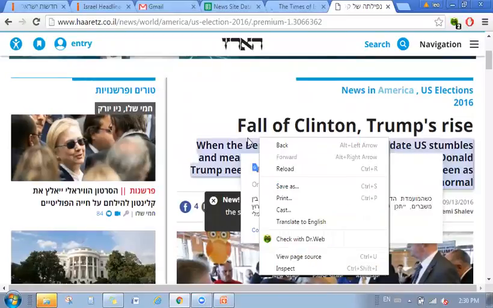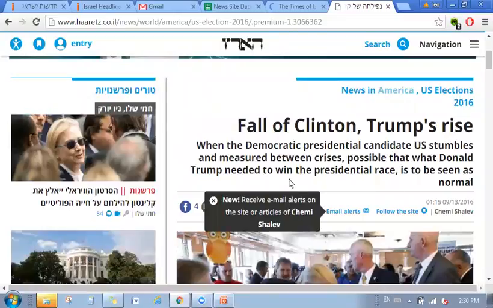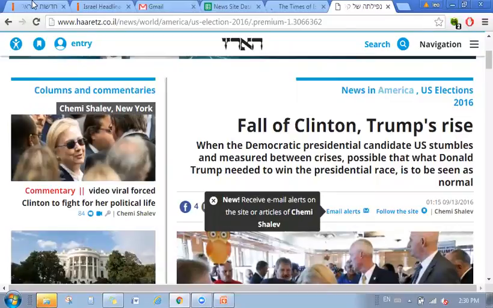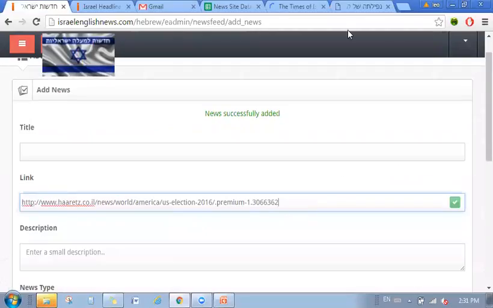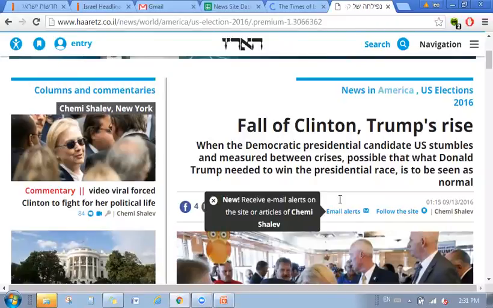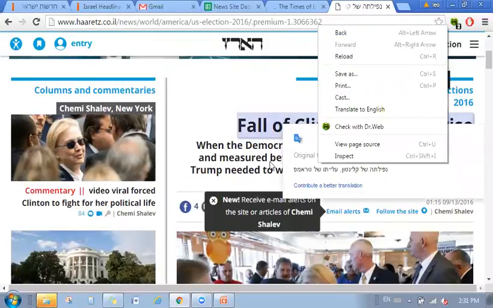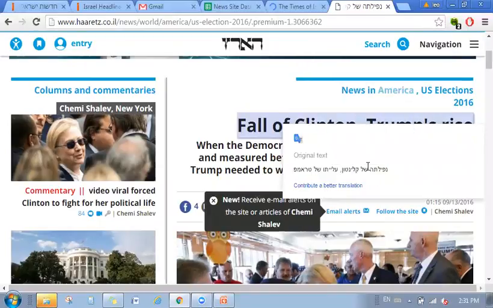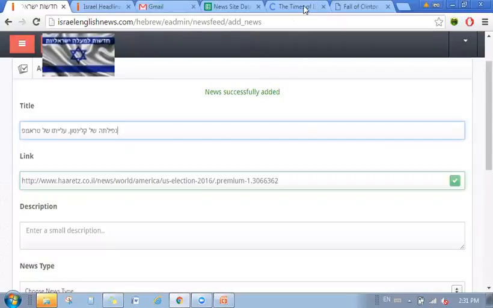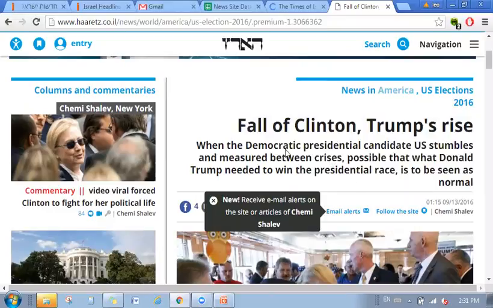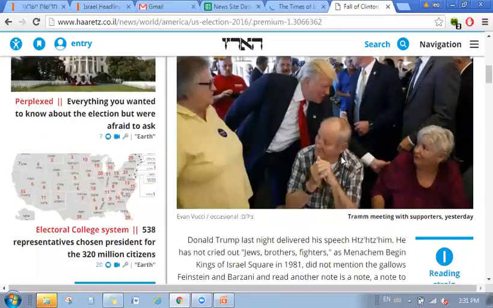And then you can just simply translate it back to Hebrew again. So copy it here. And then copy the photo.